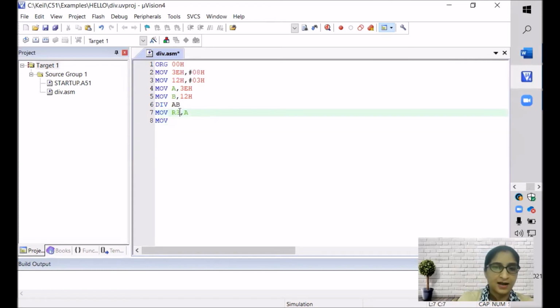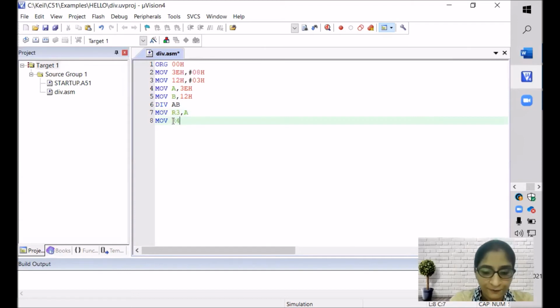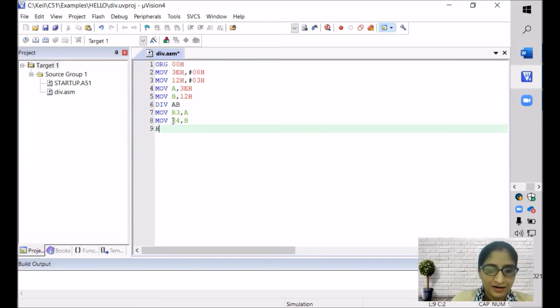So we'll be writing R3, comma A, then move R4, comma B. Done. Now we'll be just writing a simple jump instruction, which every program we are using. So HERE: SJMP HERE, that's all.